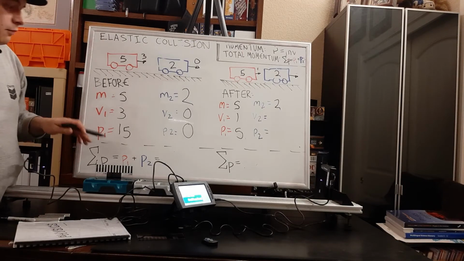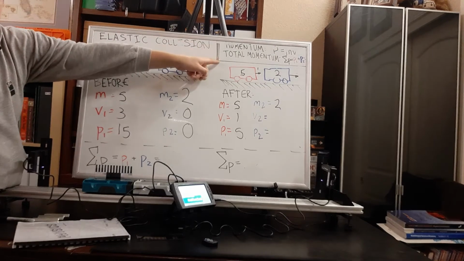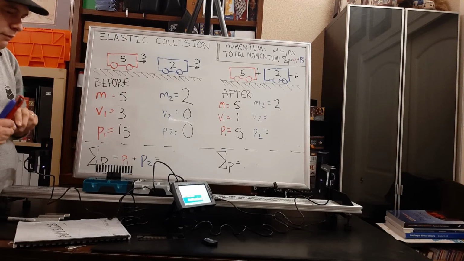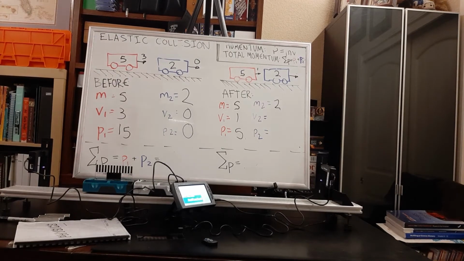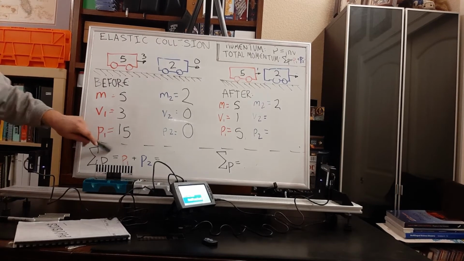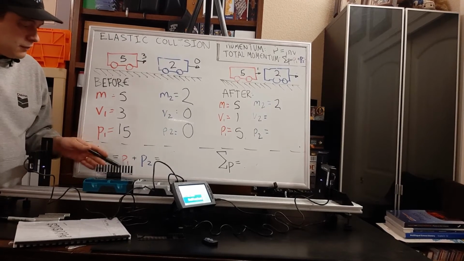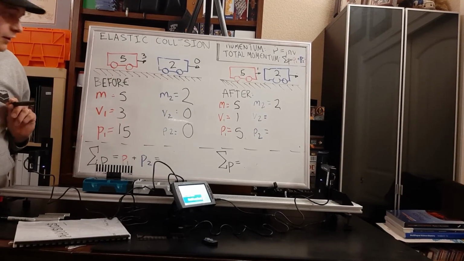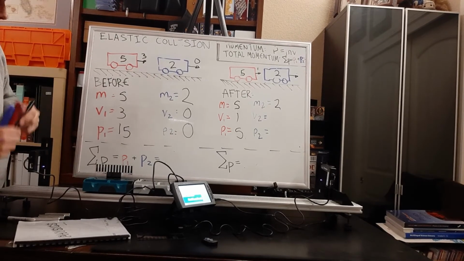But don't worry, we're going to work backwards, applying some other concepts involving what is the total momentum. So if we were to do this lab, and like I was saying earlier, we would discover how the total momentum before the crash should be equal to the total momentum after the crash. And we'll calculate how much is the total momentum down here. So down here, we'll see that the total momentum is calculated by adding these two momentum values together. So 15 plus 0 is